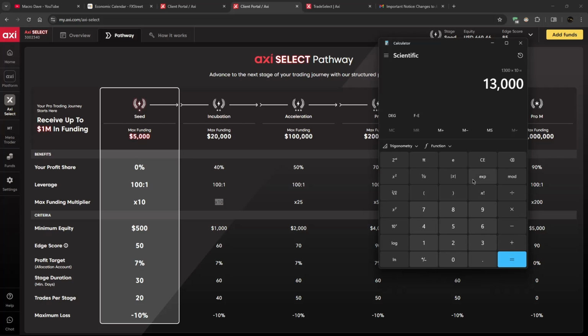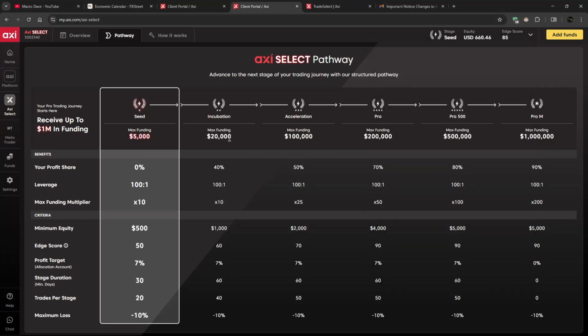So this is the max funding. If you want the 20k, you have to deposit $2,000 times 10, which is 20k, to get this max 20k. So I'm planning to deposit $1,500, so I'll be trading a $15,000 account. But that's how this stage works, and it's the same thing again as in the seed stage. So as long as you don't get a 10% drawdown and you hit your 7% profit target, you should be